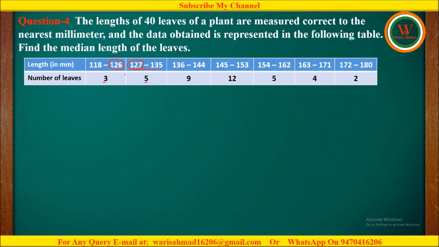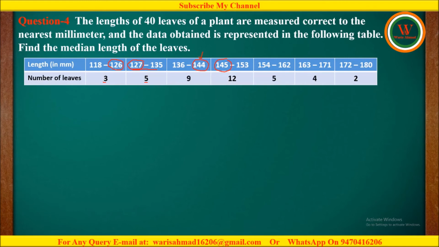Let us see here. First of all, we have to find the difference between these two, or we can find the difference between any two. Like if we are selecting this class 136 to 144, then from here we have to select the upper limit, that is 144, and from the next class we have to select the lower limit. The difference between the two is 1. So we have to divide 1 by 2. The result will be equal to 0.5. So from each lower limit we have to subtract 0.5 and we have to add 0.5 in each upper limit